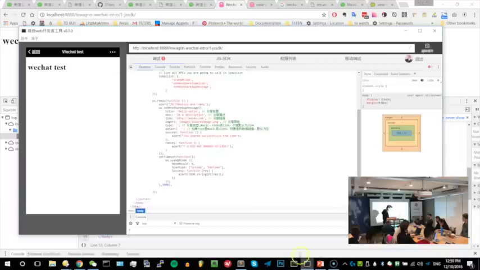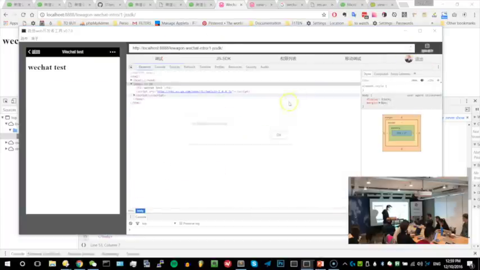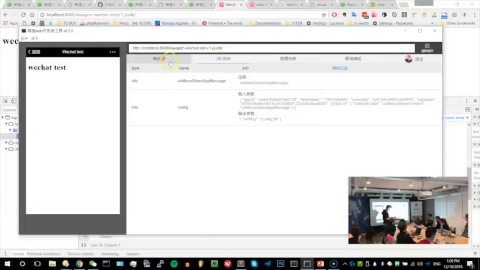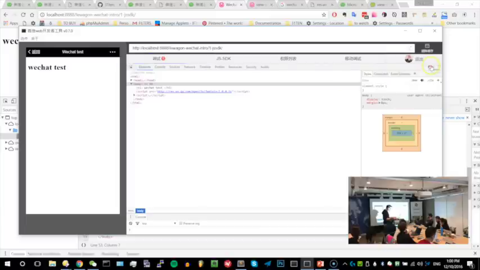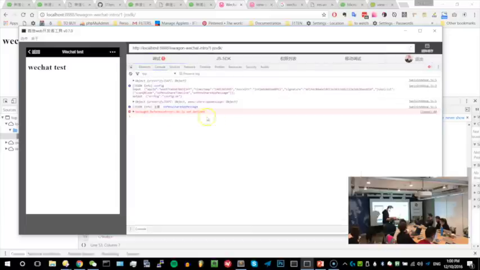So let's check this code on WeChat browser right now. It's ready. We wait 3 seconds. And something happened. There is an error again. That's actually how you debug. The most important thing is going fast.